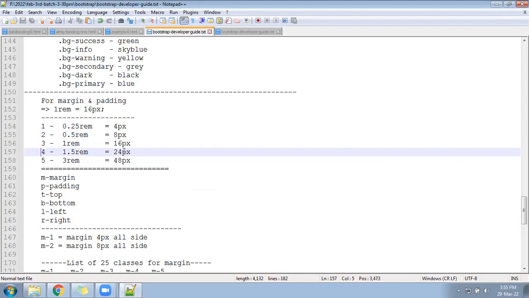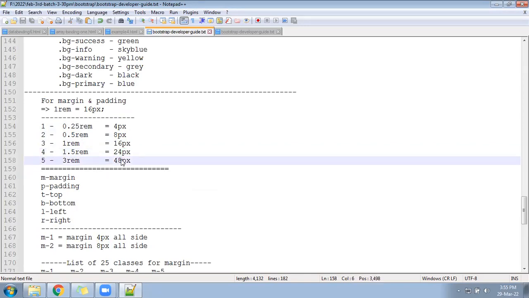Number 4 will represent 24 pixel. Number 5 will represent 48 pixel. So 1 means 4 pixel, 2 means 8 pixel, 3 means 16 pixel, 4 means 24 pixel, and 5 means 48 pixel.